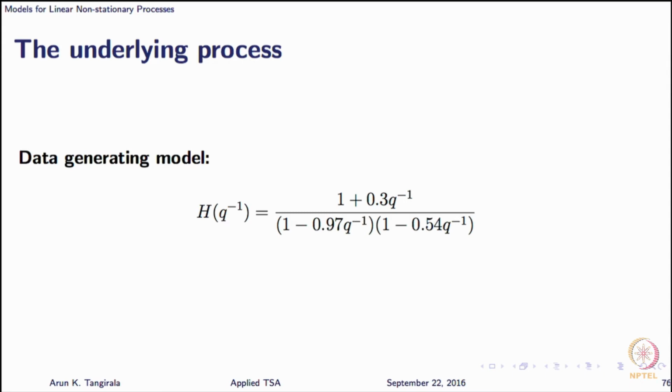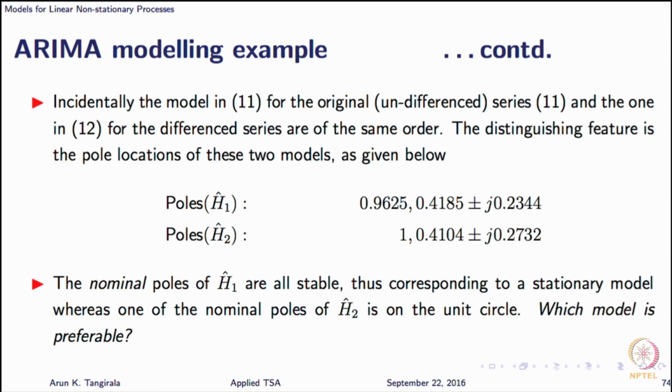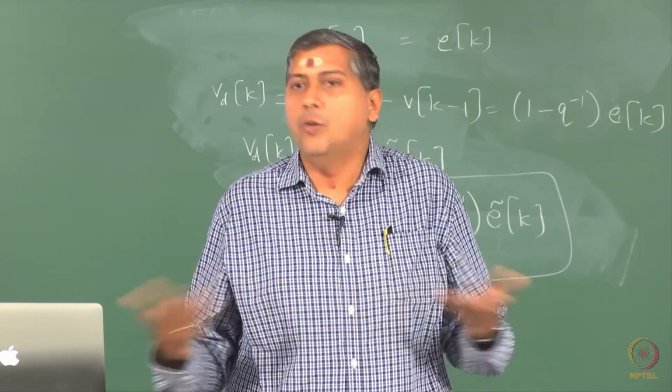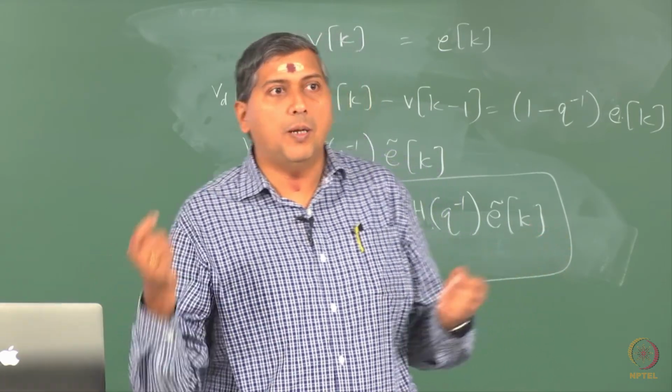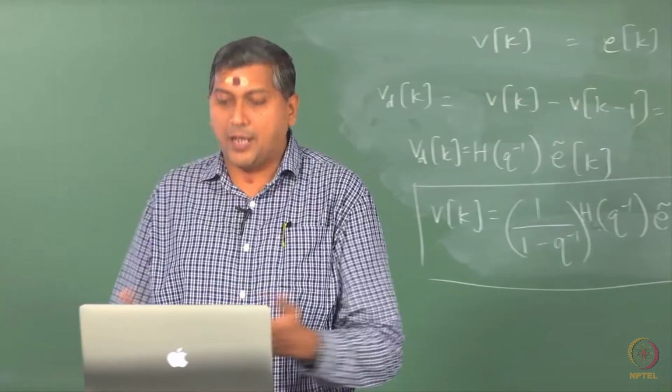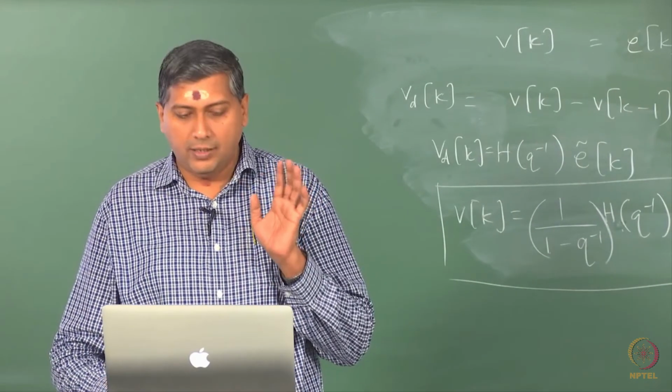So, the final model that we choose is this one here, the second model H2, although the data generating process does not have an integrating effect. It has a very close to integrating effect, but estimation aspects have forced us to live with an integrated model. But again, it depends on the method that you use to estimate these parameters. If your method is very good at estimating poles very close to the unit circle, then you may not have to difference a series. If it is able to estimate poles with really high precision, then you are okay. But in this case, I have used a method that perhaps has not done a great job. So, you should remember this thing.